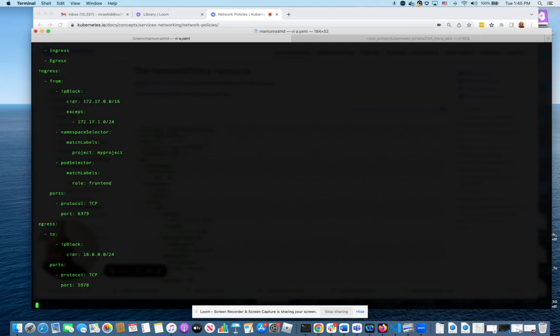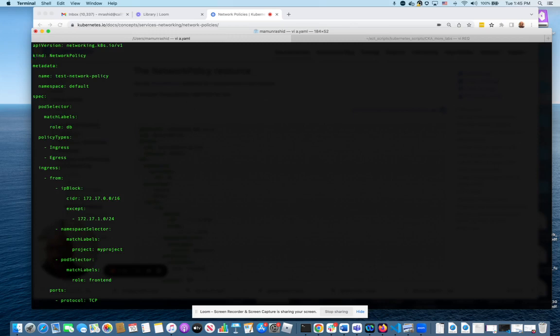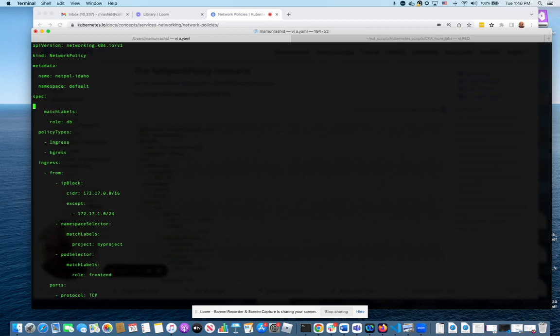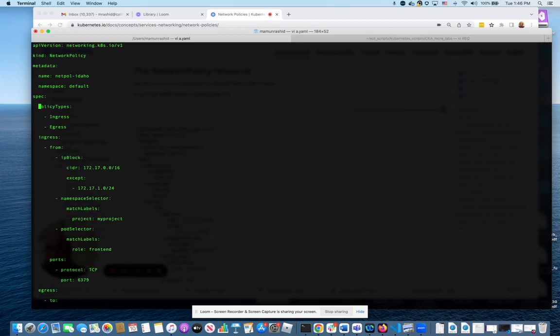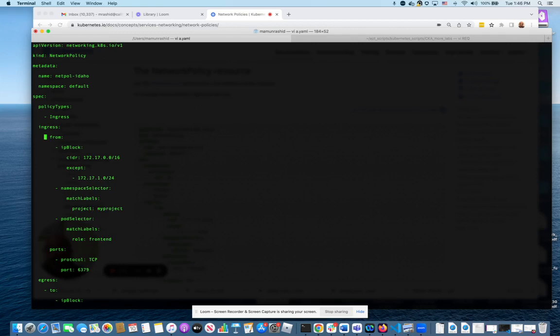This is our example. Lots of blank lines. I don't like that, but it is what it is. Name is going to be netpol-idaho. It's a random name. PodSelector, no. What you really want is a, that's fine. Well, that's not fine actually. policyTypes, yep, we don't need podSelectors. We only need Ingress. In the Ingress part, there's an example of namespaceSelector,